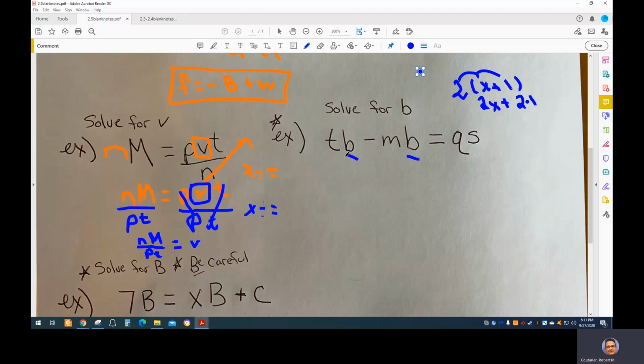Well, look what's happening here. We have a b that's being multiplied by each piece. So each of these pieces have a common multiple. They have a b, a common b. Because each of these have a b, the first thing I can do is pull a b out of each of these,